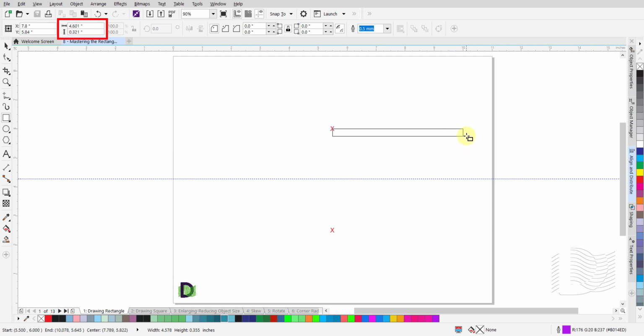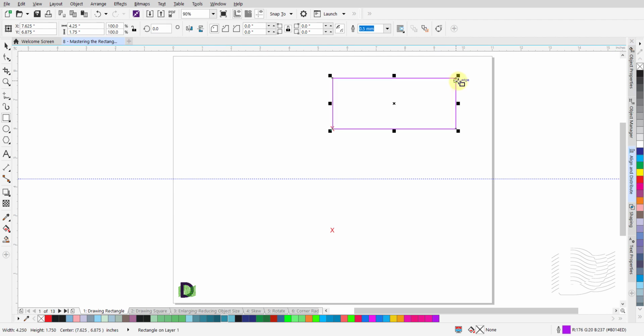I have a red rectangle highlighting the size measurement fields in the properties bar in order to help you spot these fields. The top field tells you the length of the object and the bottom field tells you the height of the object. When you get to the size of the rectangle that you wish to draw, release the mouse button.